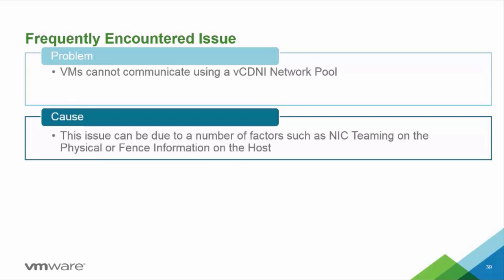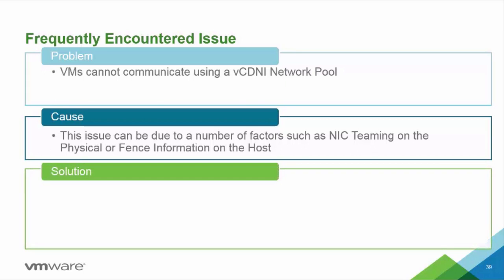So when I say fence information, this is what's used on the host to encapsulate and decapsulate the traffic, but it also really defines whether the actual packets can take place within a vCDNI communication or not. So a solution would be to ensure that NIC teaming is disabled on the physical switches. When we're talking about NIC teaming, we're talking about anything there that's going to allow us to use an active